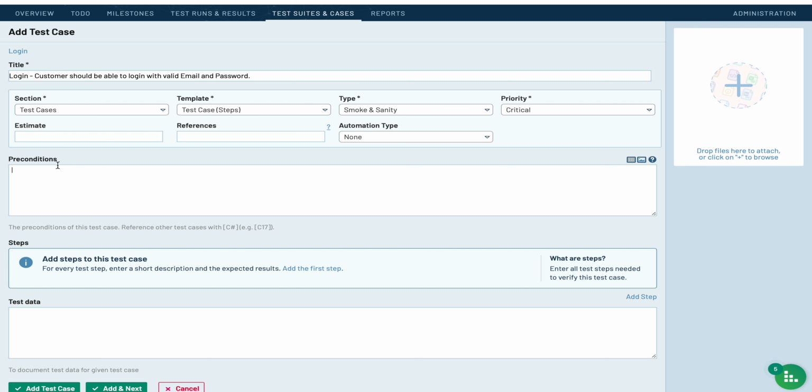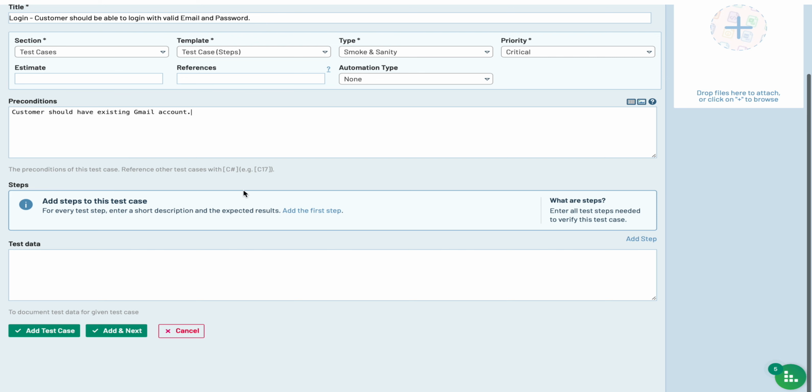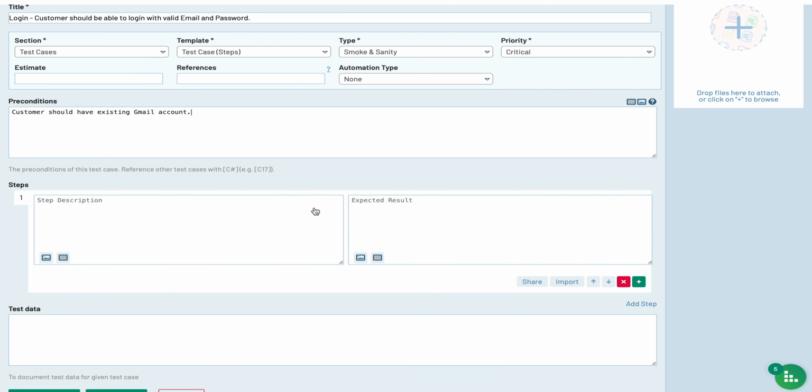And then preconditions or prerequisites, as we discussed. So for this we can say the customer should have an existing Gmail account, and then we can add steps, which help whenever QA tries to execute the test case. Let's add a step. Navigate to Gmail, mail.google.com,